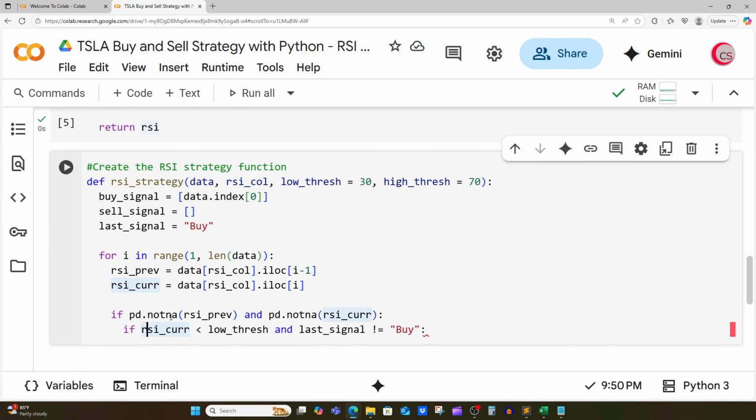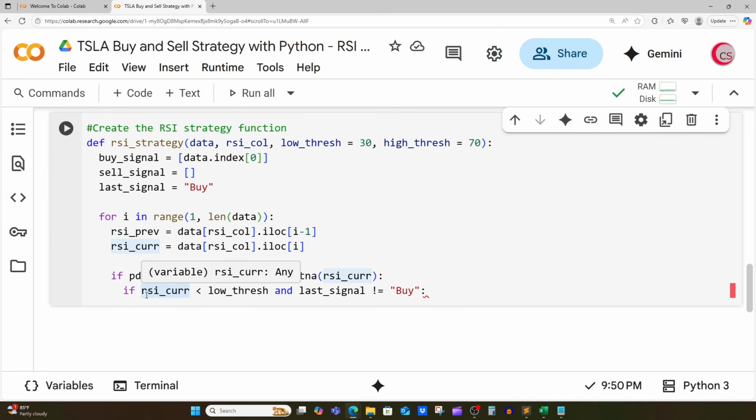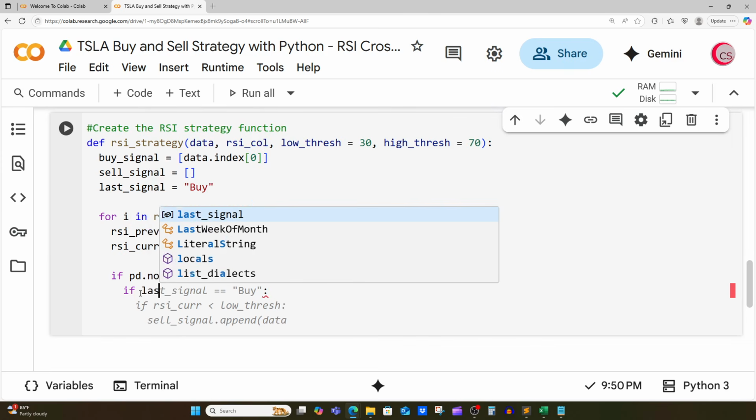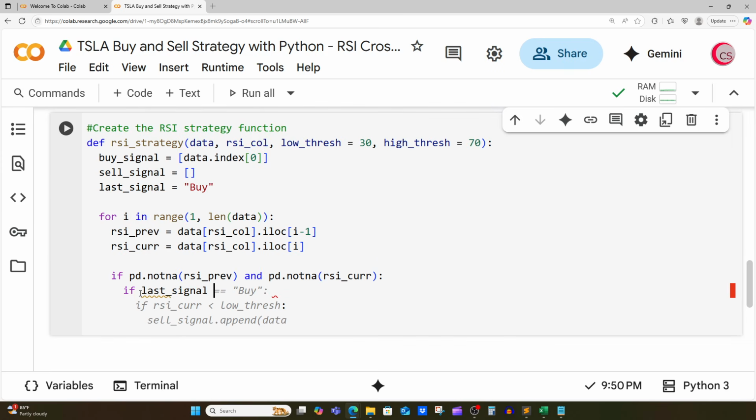All right, so let's see here. So let's go with this. Oh, I like what Google suggested here. Let's switch it around a little bit though. But I like that. So if we're going to start with the last signal instead. So if the last signal equals buy, and we want to get the sell signal right now. So the last signal has to be buy, and the